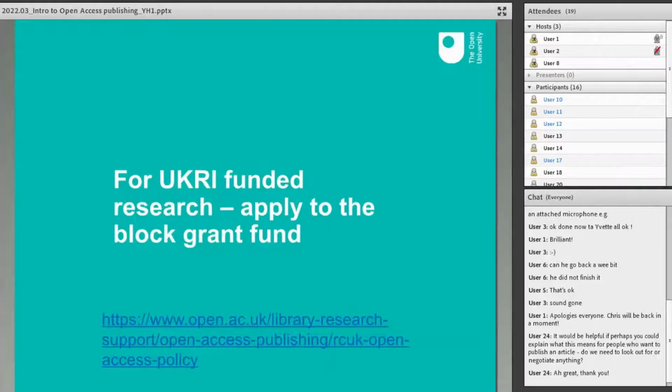So normally, under funder terms and conditions permitting, that would obviously be fine. But if you are UKRI funded, please note that we do have the open access policy that will be coming into effect from the 1st of April that Chris mentioned, which means that anything other than a CC BY will require you to apply for some kind of an exception to that rule. So if you do have funding from UKRI, please have a look at our website and you can see the new policy details there and how to apply for open access fees to be covered by the block grant as well. All the information's there for you.